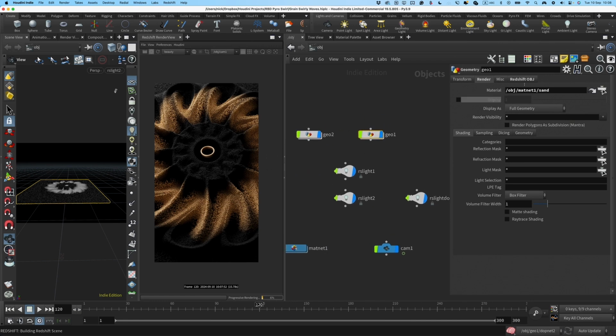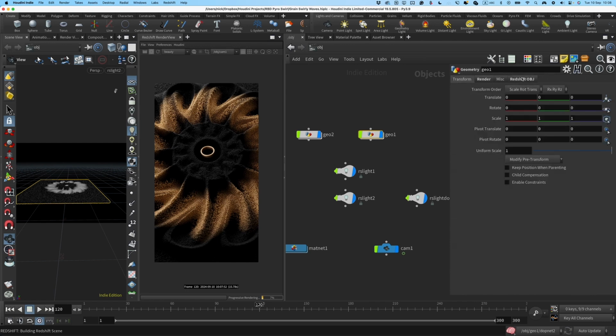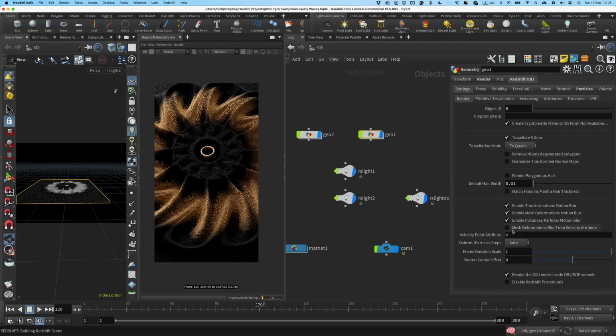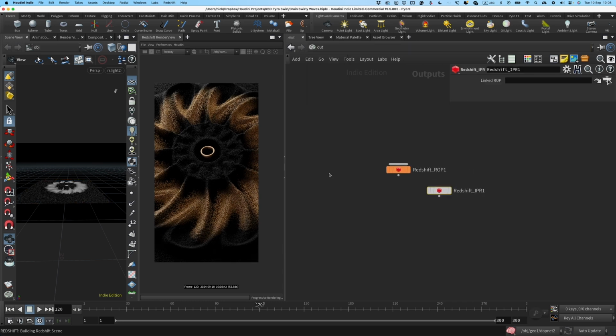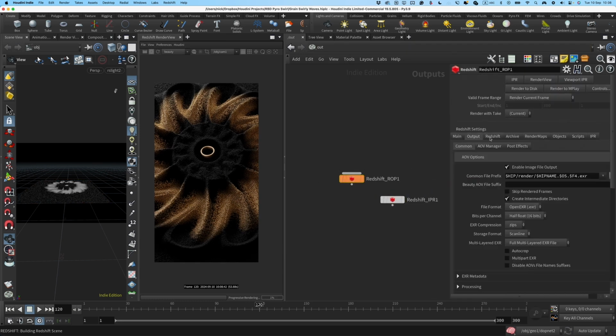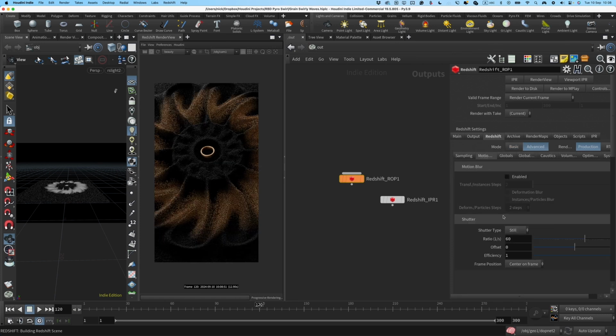And what else we need is to go into Redshift OBJ and use Mesh Deformation Blur from the velocity attribute, and then we can go to the Redshift OBJ and click on Vent Stretch and enable the deformation blur. Make this custom. I think this will work for us. And motion blur really adds a lot, especially in this scene with all the swirly motion going on. Looks more like a flow than